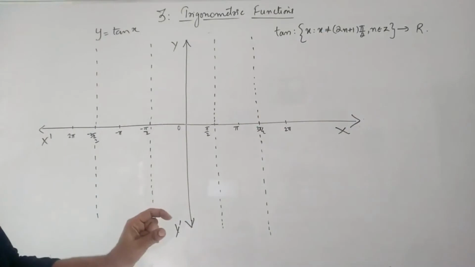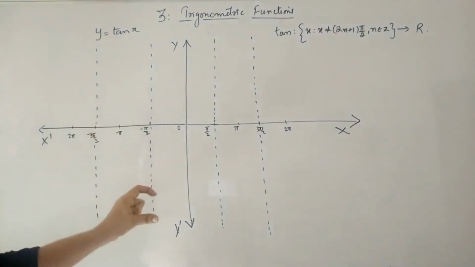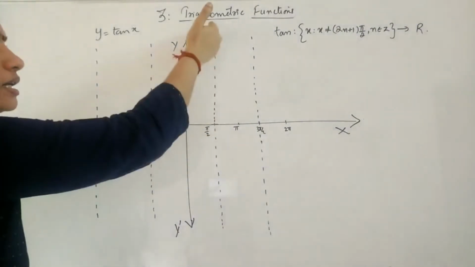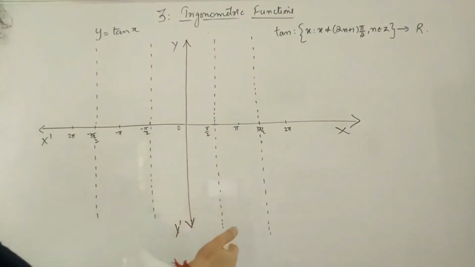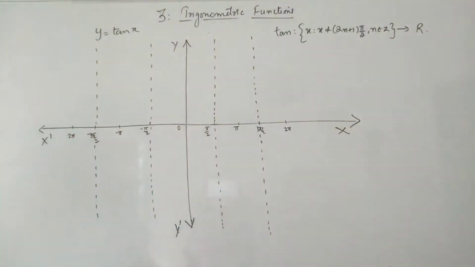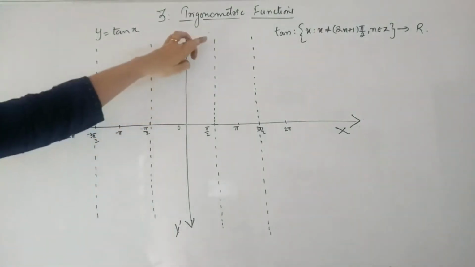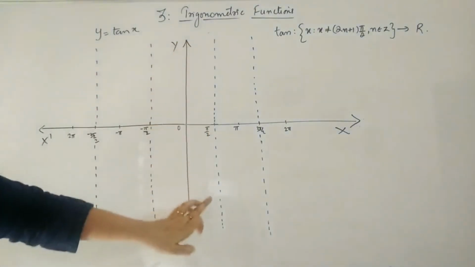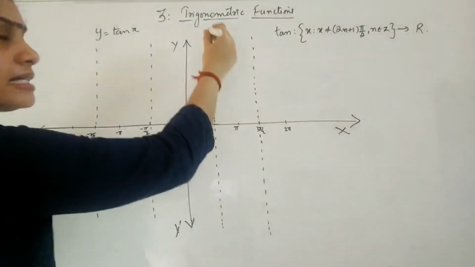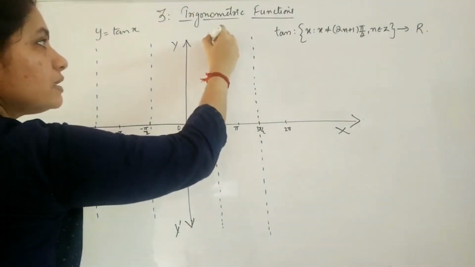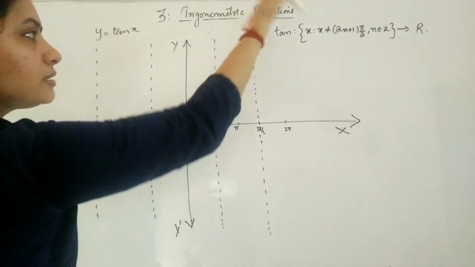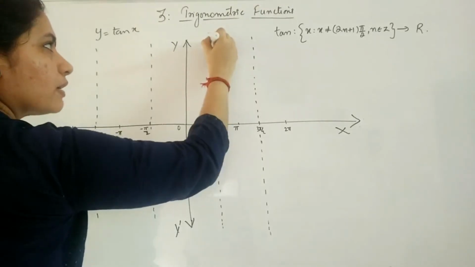For all those values of x, you don't have the function defined, so the graph which we are going to draw will not touch those dotted lines. In order to show that it is going to very high values, that is reaching infinity, we will not make it touch the dotted lines. That means we know that tan 0 is 0 and tan 90 is infinity. So since it is infinity, it is not reaching any point there, or it is a very high value, so our graph will be like this.